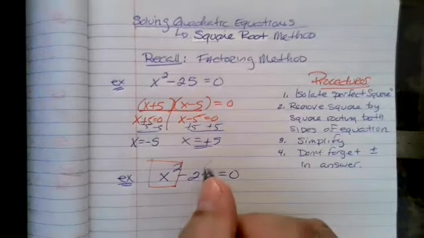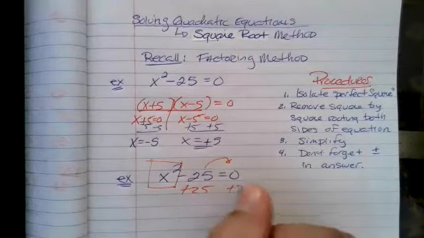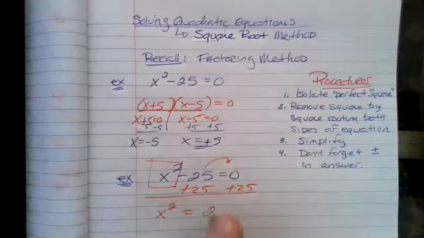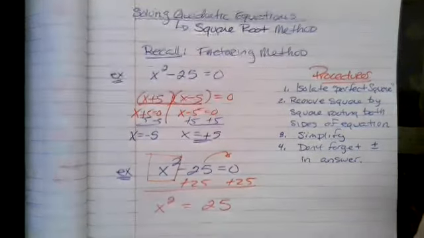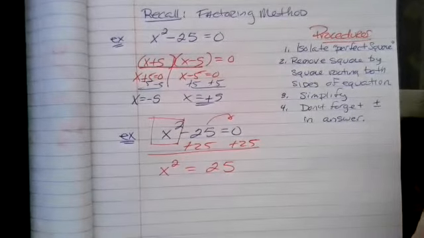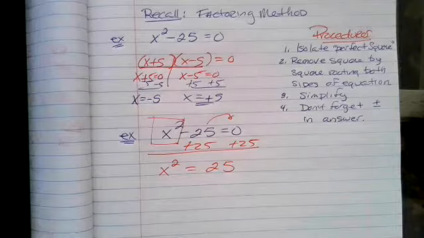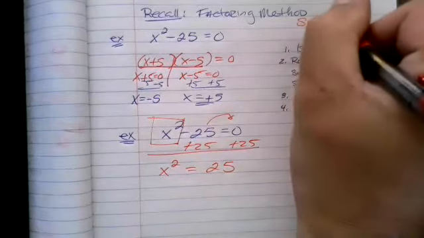So really, I want to move this to the other side. I want to do plus 25 plus 25. I want x squared is equal to 25. And this is square root method